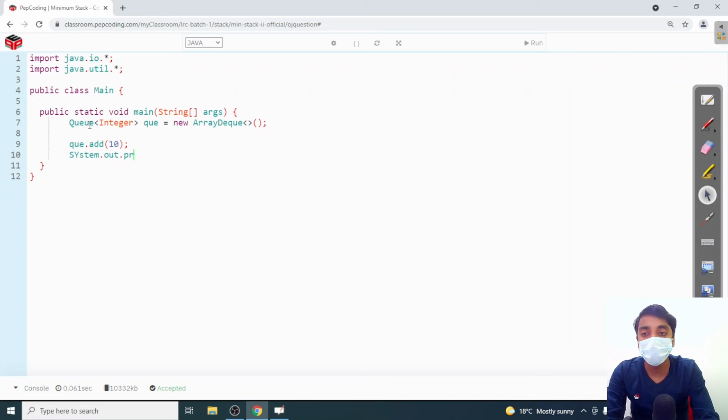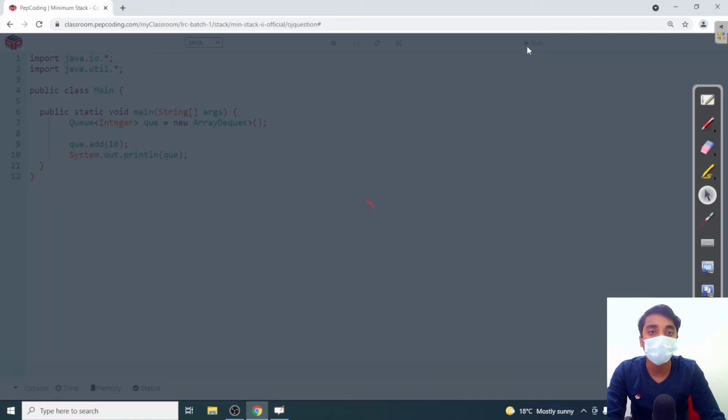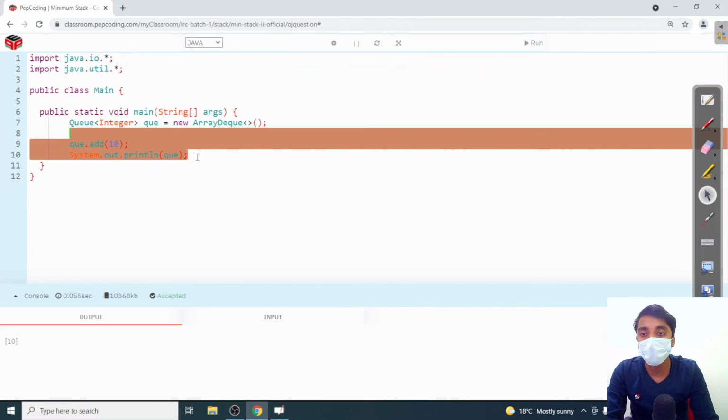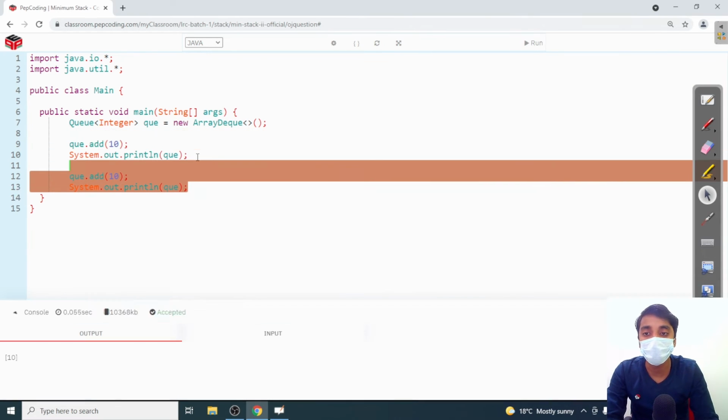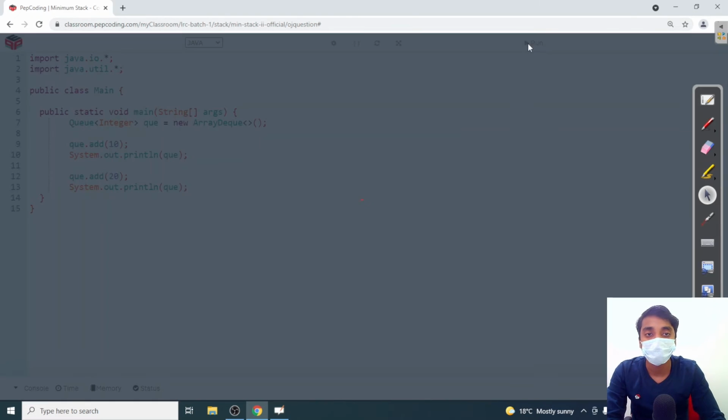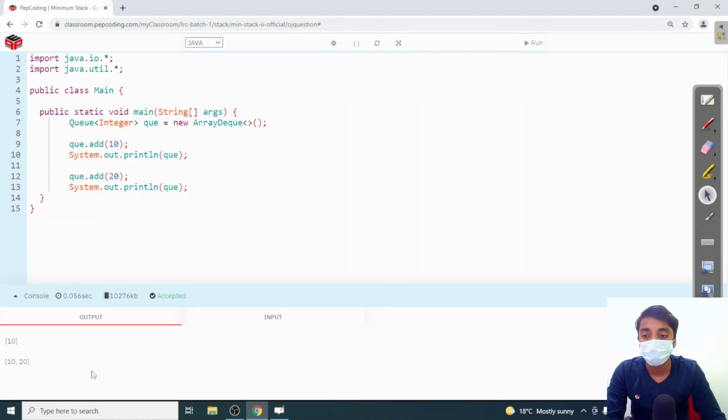Let us print the queue. Let us run this. Here we can see the 10 is added in our queue. Let us add another value. Let us add 20. The 20 is added from the last of the queue.